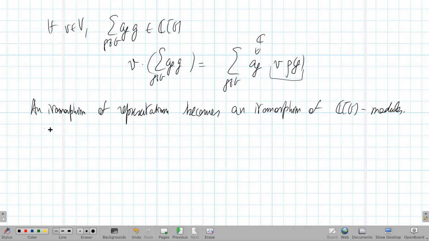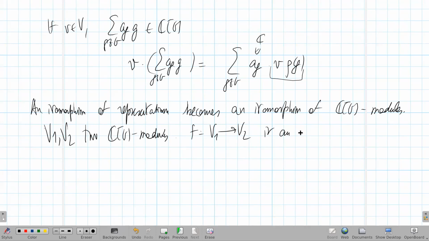That is, you have V1, V2, two CG modules. So imagine that something like this holds, except that once it holds with rho 1 and once with rho 2, and F from V1 to V2 is an invertible linear map, such that